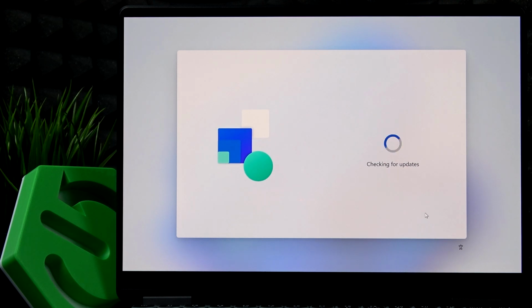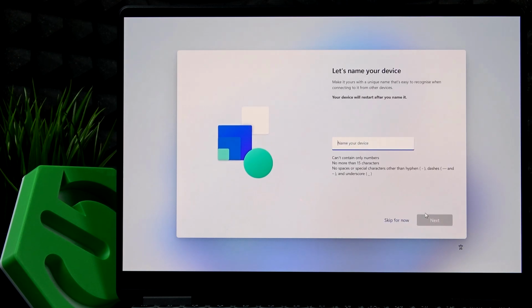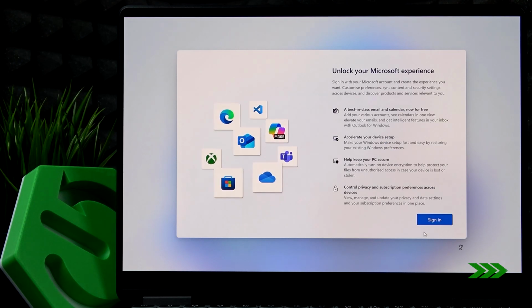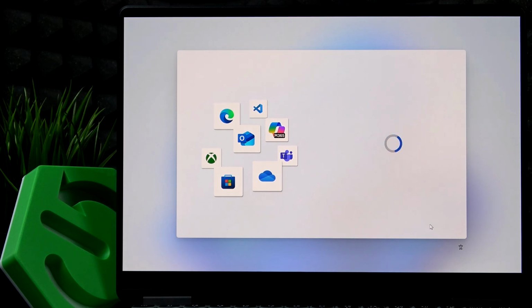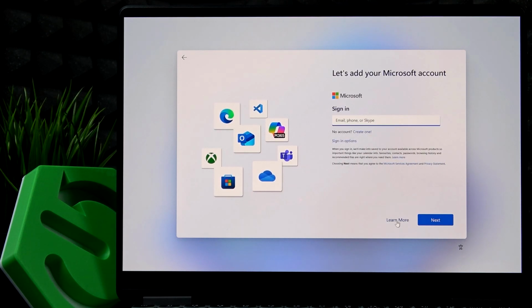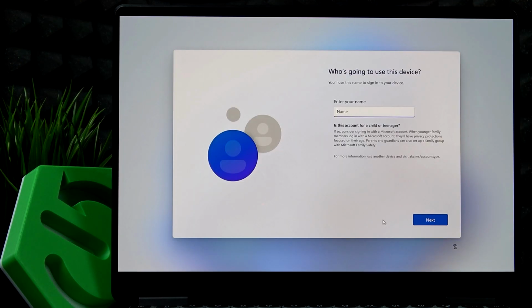It's checking for updates, but I think I don't have any to install. Then I'm gonna skip renaming the device. And now it asks me to sign in again, which means that my laptop hasn't disconnected from the Wi-Fi. Okay, so I actually had to walk away from the router, and once I did, I had to restart the